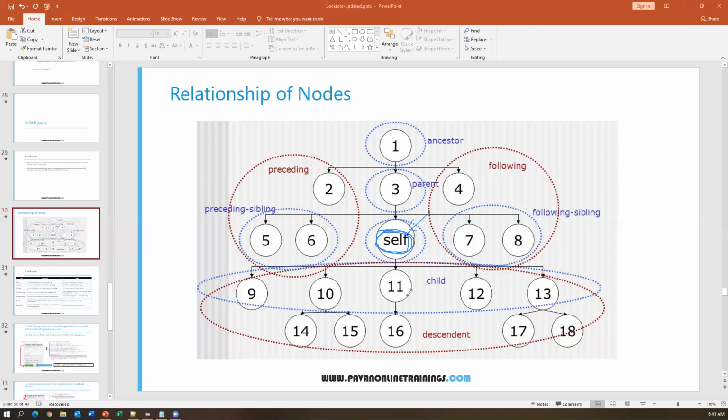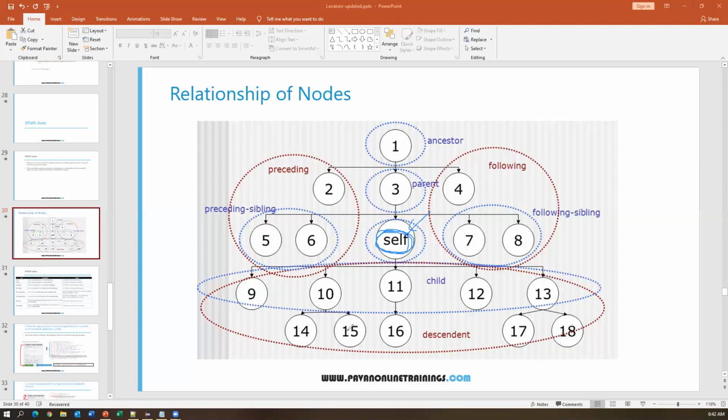We are starting from here, okay? And similarly, 10 is also a child of self. So child 10. So for the 10 again, 14, 15 are the grandchildren. So these are also descendants. And similarly here, for the self node, 13 is also a child node. For 13, 17, 18 are there. So these are all grandchildren. So they come under descendant. So for the self node, 9, 10, 11, 12, 13 are the child nodes. And the rest of them all come under descendant nodes, like 14, 15, 16, 17 and 18.